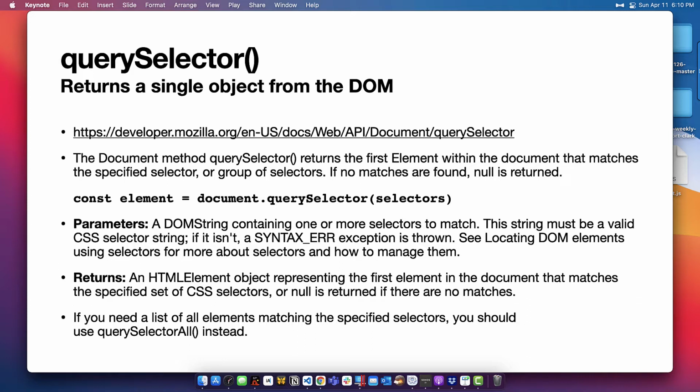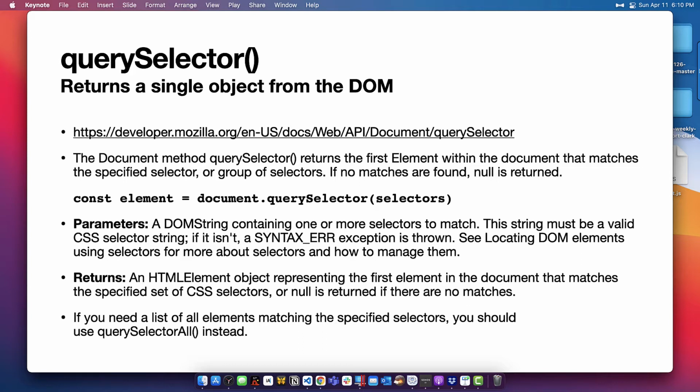Now, what this bit of JavaScript code does is it will go into the DOM and find a particular element and store it in a variable called element. Element is just a random variable name that I created for these slides. It could be para, it could be dog, it could be whatever you want, all right? Again, I'm going to show you how this works in a second. I'm not going to go into the nitty-gritty like we have here, but just know this is going to return one thing. If there are 5 paragraphs in your HTML page and you only want to get the first one,